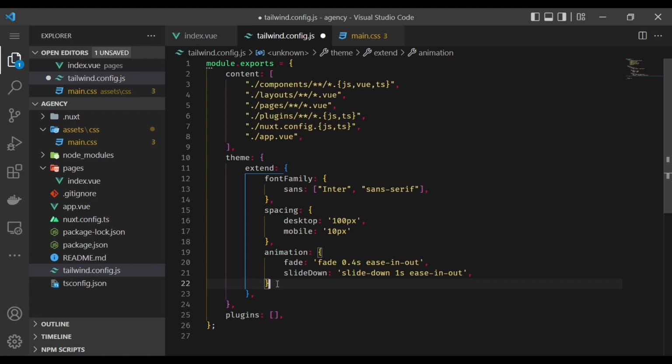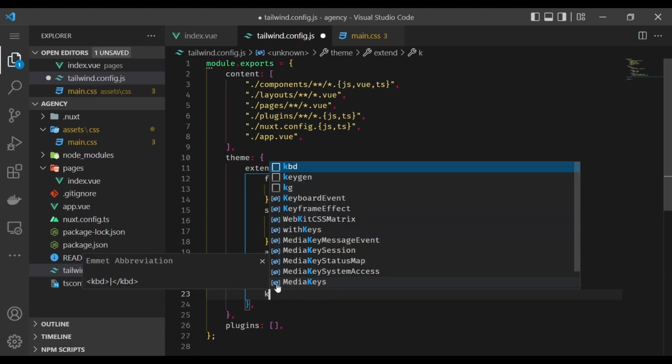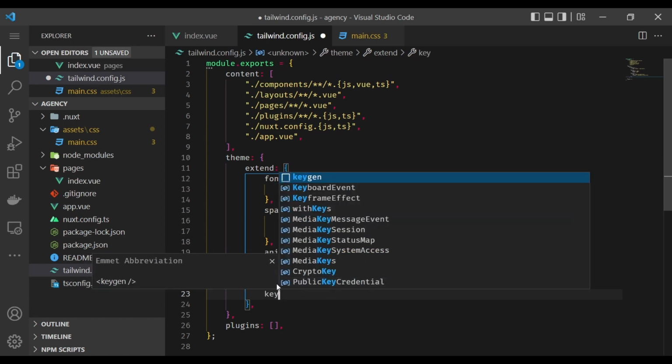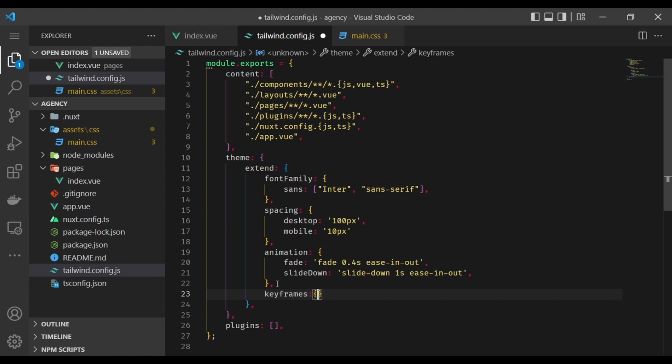And for each animation that you define, you will need to define keyframes for them. So you just create the keyframes object and give it the name of the animation name. So this fade right here, or this slide down, let me just change this to slide down. So that would be an object inside keyframes. So fade